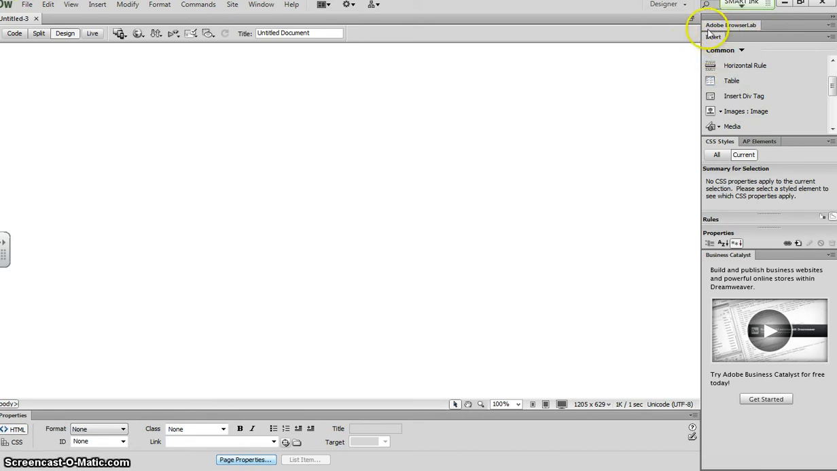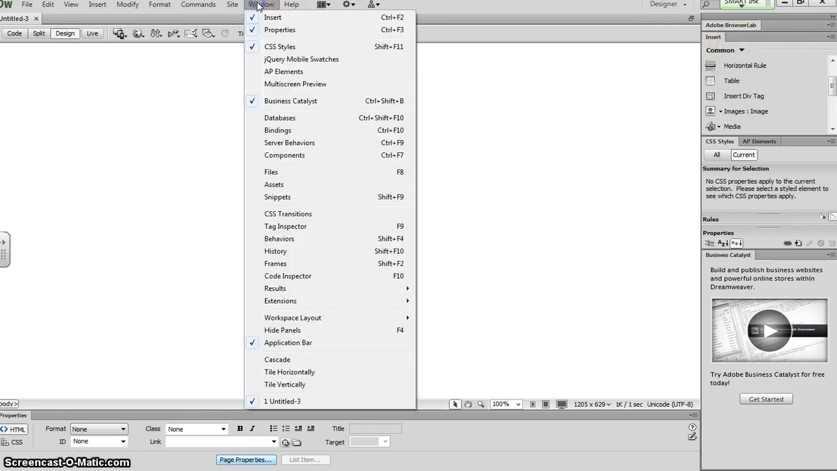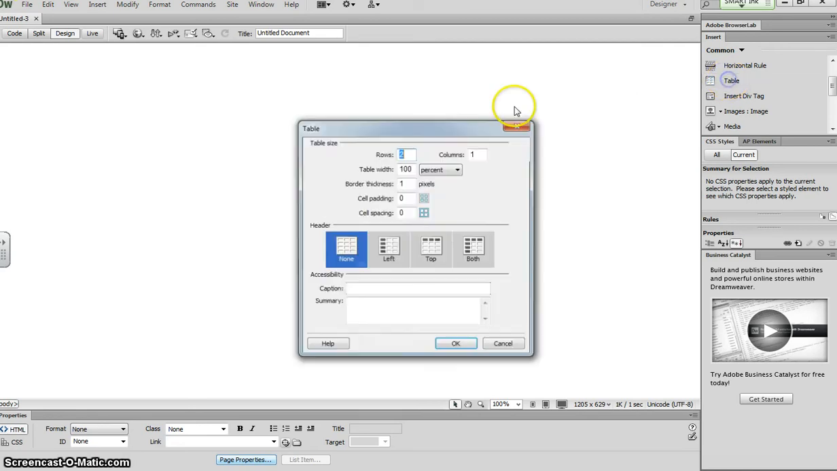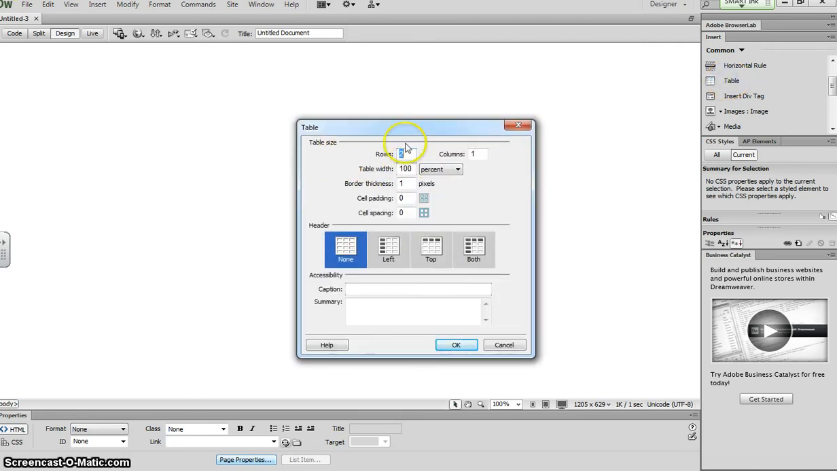If your Insert tab is not available within your task pane on the right hand side, if you go to Window and select the Insert option at the top, then it will open for you. I want you to go ahead and click on the table icon, and what you're going to see here, your numbers might be different. It remembers what was last used, but we're going to create a table to begin with